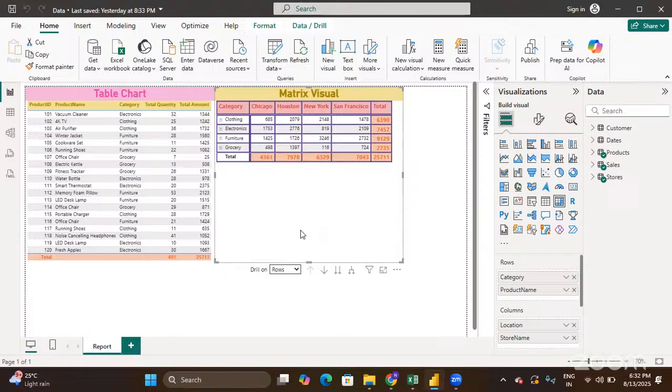So we have understood the matrix chart as well as the table chart in the last class. What is the purpose of the table chart and matrix chart? They help us have the data in a detailed manner, in the form of rows and columns. So in that specific case, we go and use a table chart or matrix chart,